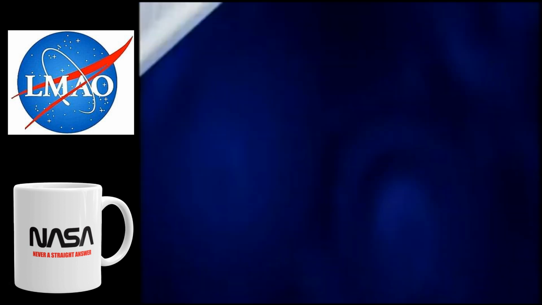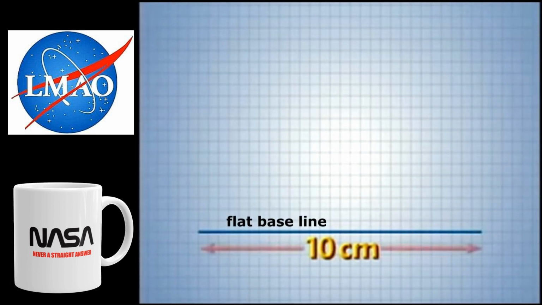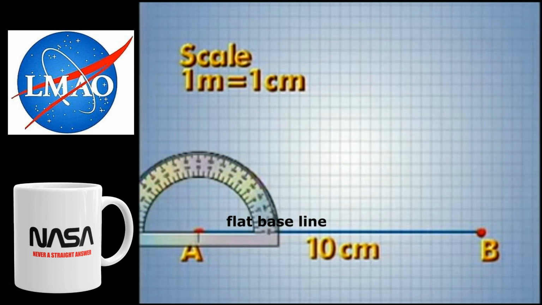So, how was the activity? Hopefully, it helped reinforce the math concepts you learned earlier in today's program. Now, let's review. On a sheet of paper along the bottom, we draw a line 10 centimeters long to represent our baseline. For this exercise, let the scale be 1 meter equals 1 centimeter. Mark one end of the drawn line as point A and the other end as point B. Using our protractor at point A, we measure an angle that is the same number of degrees as the angle we measured outside for point A. Let's mark and draw the angle.